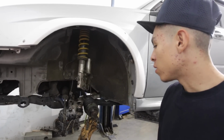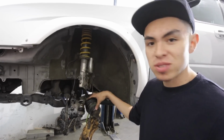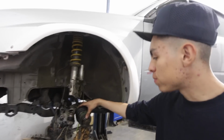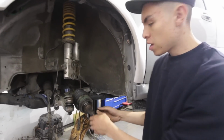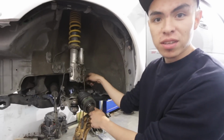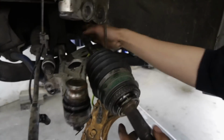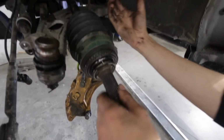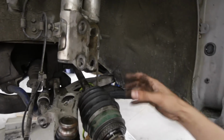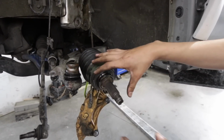So what we're gonna do is we're gonna go ahead and reuse the same axles that are on the car, which is weird. Why though? Explain. So it's considered male, this piece right here, obviously. So on the tranny, on the inside, this axle is technically a female axle because on the inside, instead of this piece sticking out, this piece is actually sticking out of the tranny, and then this piece right here has like a hole in it where that piece goes into. I don't know if that makes sense,